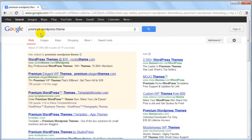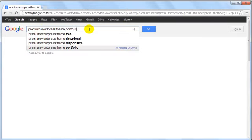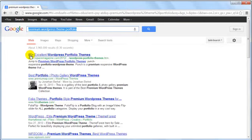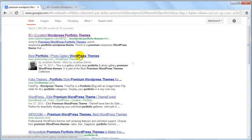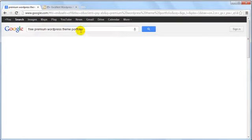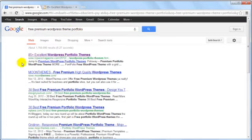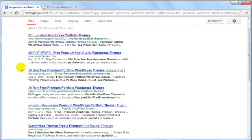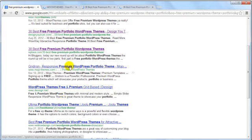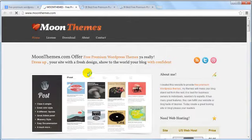So what I recommend is that you search premium WordPress theme plus portfolio. And as you can see, it says 85 excellent WordPress portfolio themes. What I would normally do, if you are on a budget, is type in free premium WordPress theme portfolio. You can look for free ones first before you look for the paid ones and see what's available. So out of these three sites here,